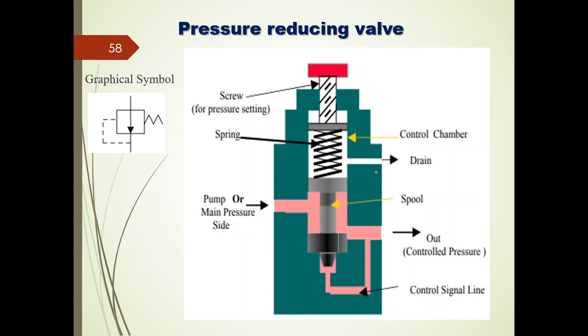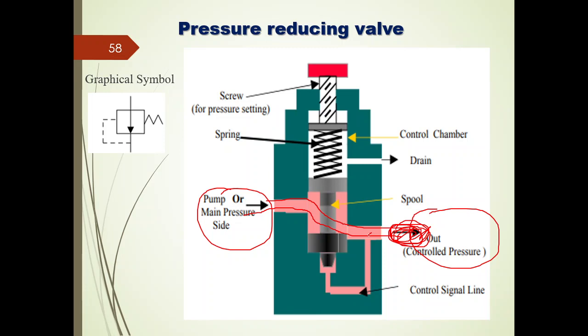In the previous cases we reduced the inlet pressure, but here we are going to control the outlet pressure. This pressure reducing valve will always be in an open condition. That means there will always be flow from the pump port to the outlet port, the controlled pressure port. Whenever the outlet pressure is going to reach beyond a certain limit,